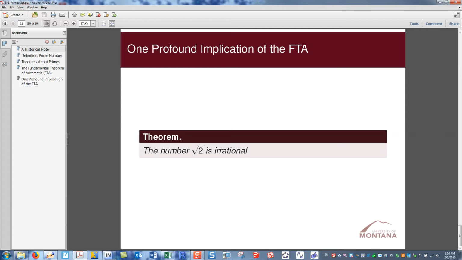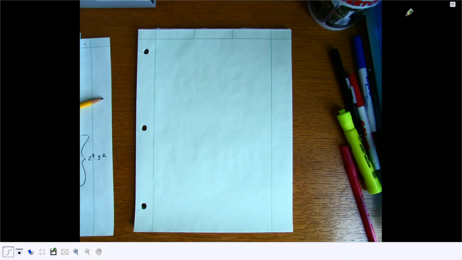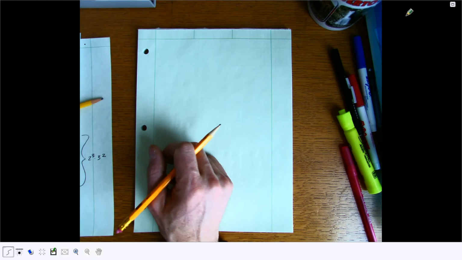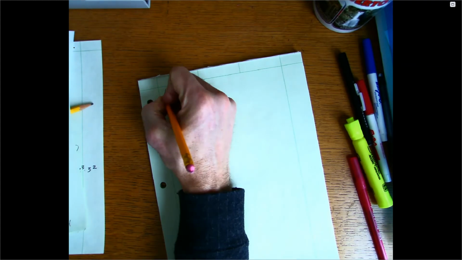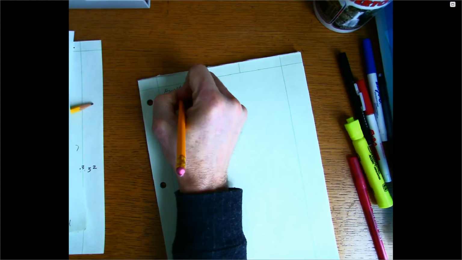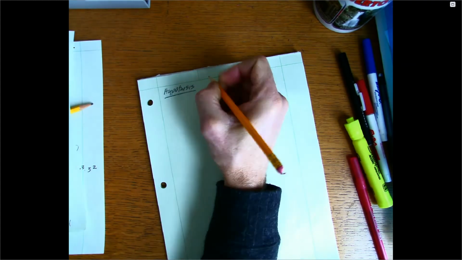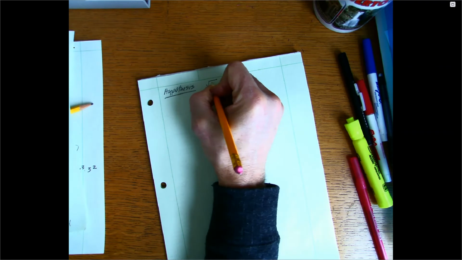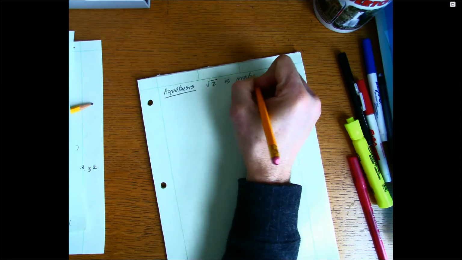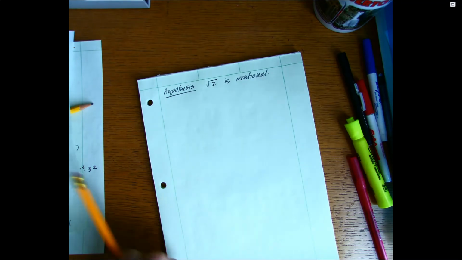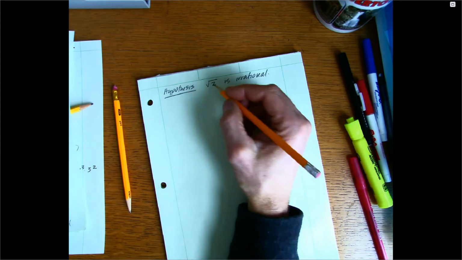I need to move over to my doc cam, make it as large as I can get it for you, and let's see if we can prove this statement. The hypothesis is very short and sweet: root 2 is irrational. So what does this mean? It means that root 2,